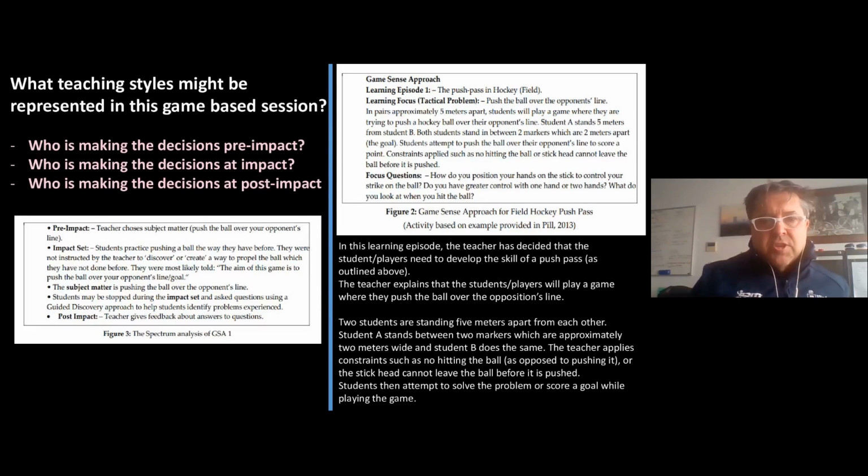Pre-impact, the teacher has chosen the subject matter. At impact, they're instructed by the students on how to do it. In the instructions, the words discover or create were not used. So the language of the teacher is really important in setting the cognitive challenge and determining where the teaching style